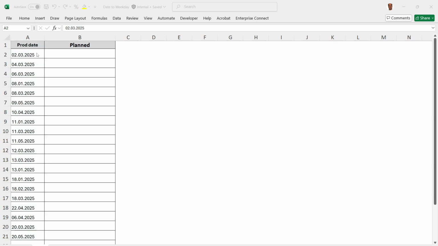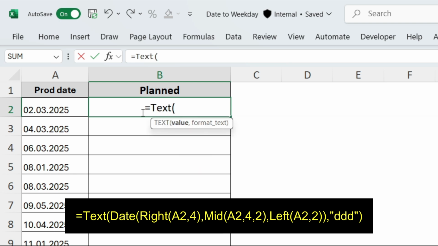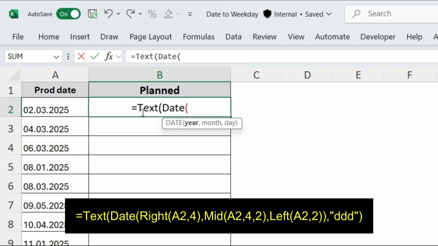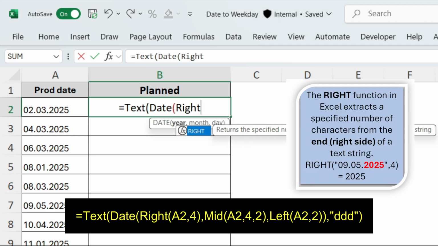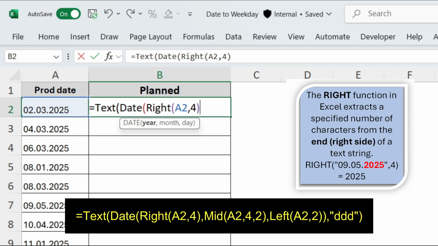To get the weekday name in column B, type equals TEXT, opening parenthesis, type DATE, opening parenthesis. The DATE function takes three parameters: year, month and day. To get the year, type RIGHT, opening parenthesis, select cell A2, comma, type 4 for the last four characters, closing parenthesis,